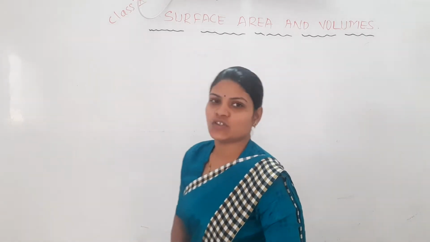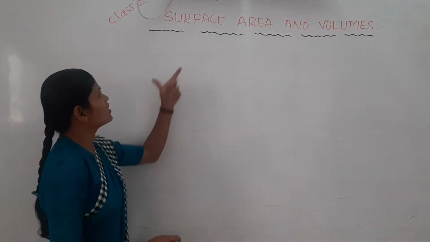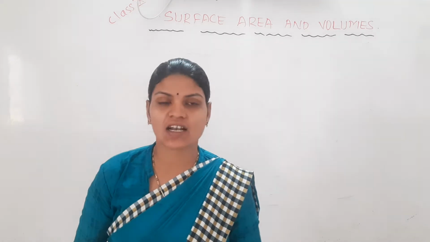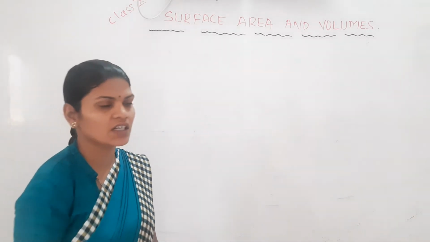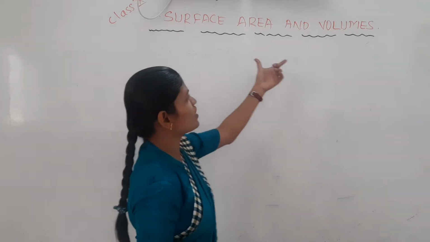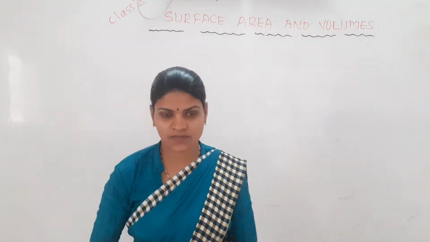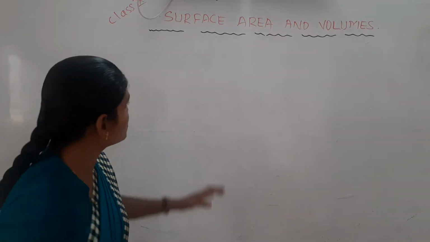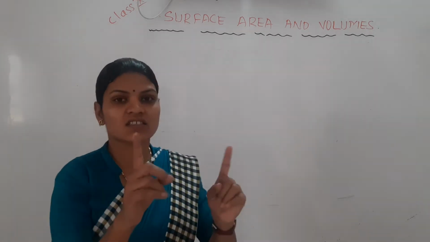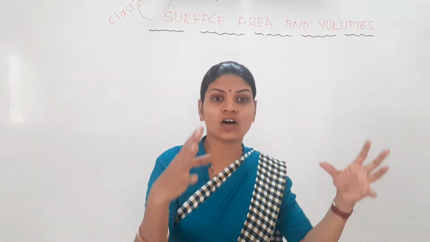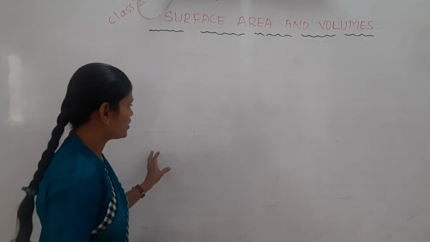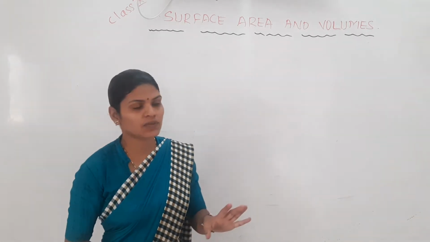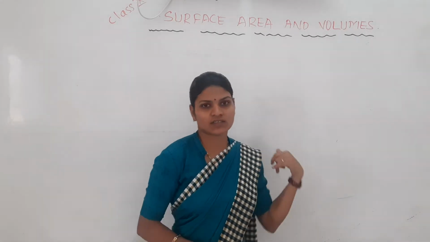Today we are taking a new chapter in our discussion, that is surface area and volumes. In your previous class, in the 9th standard, you have studied the surface area and volume of solid shapes. Yes or no? This year also we have to see those solid shapes, but not only a single one. When you take a combination of two or more solid shapes at a time, how do you find the surface area, curved surface area, total surface area, and also the volumes? We are discussing that here.